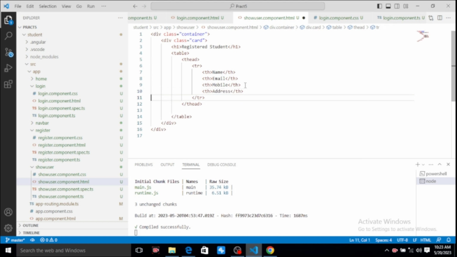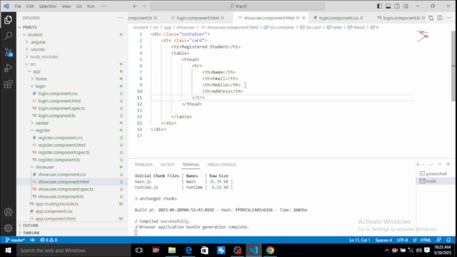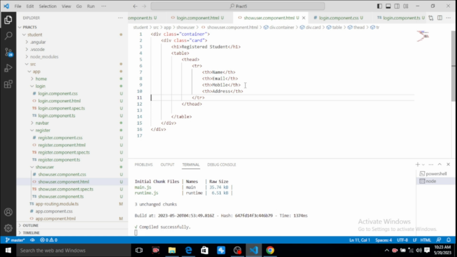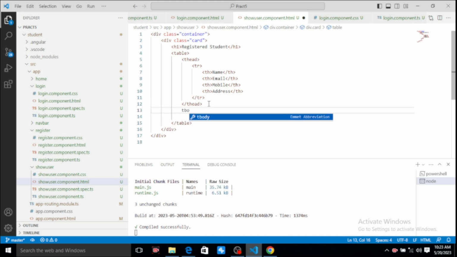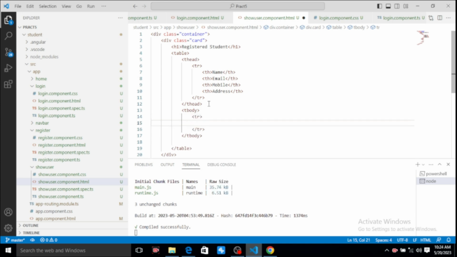This is the heading for the table. Now we require the table actual body, tbody. Inside that table the row is there, inside that table data is there. Now we have to show the name, email, mobile, address of each and every record those are available in the